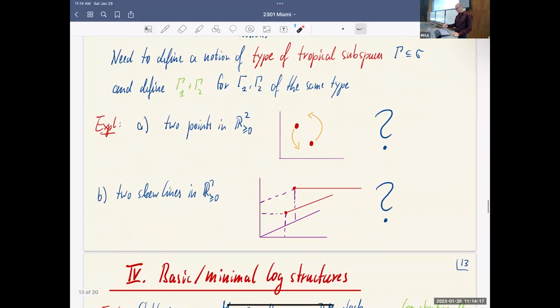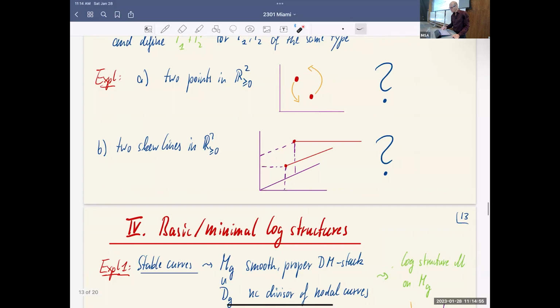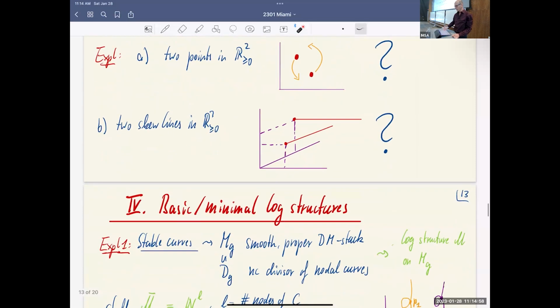And something similar also comes up when you tropicalize two skew lines in A^3 and take a limit, degenerating to two coordinate axes, you get these kinds of things. So two skew lines in R^3, or half rays actually, and one is on top of the other, and then there's a special position, they go on top. So it looks like you should somehow single out some point here, because when they meet, there should be some point, right? So that doesn't look like it would be a boundary point of a cone. And even worse, and that is actually at the heart of why expanded degenerations don't give you something canonical,